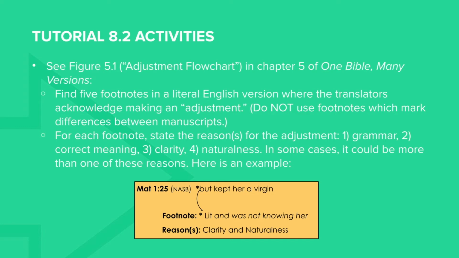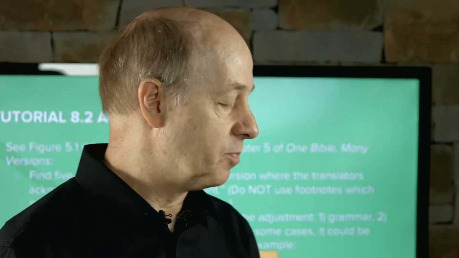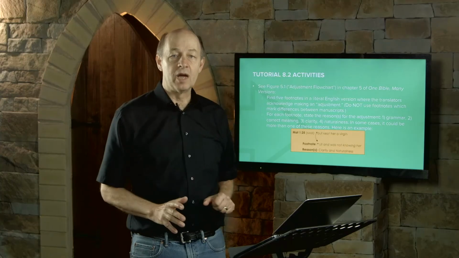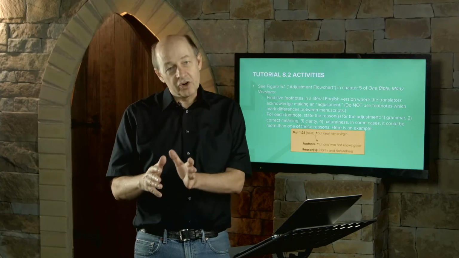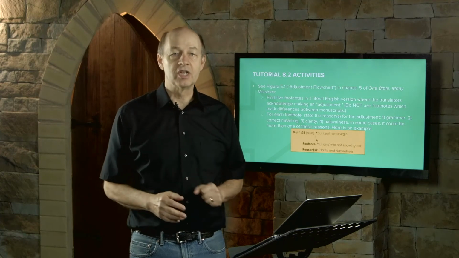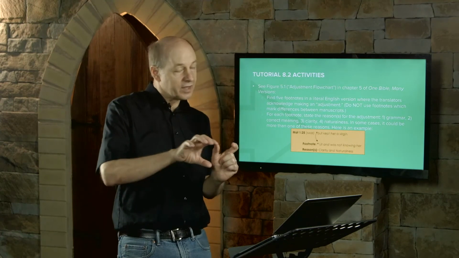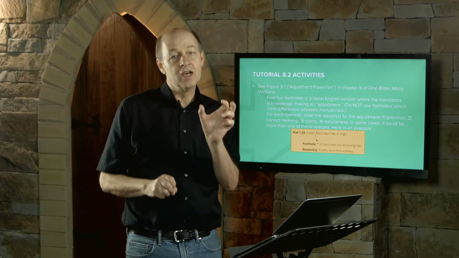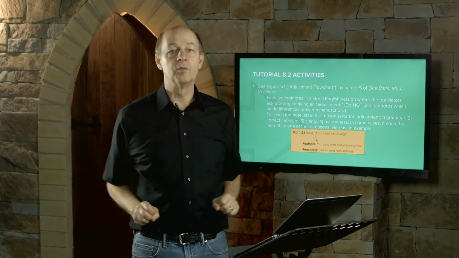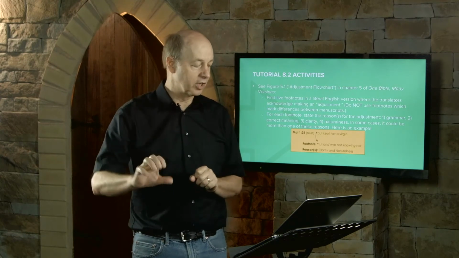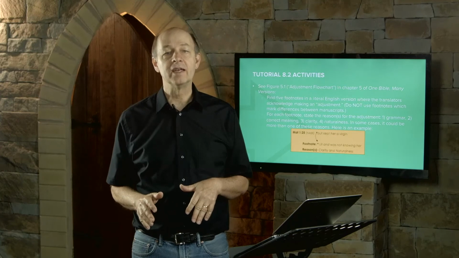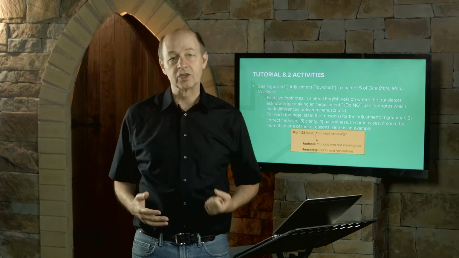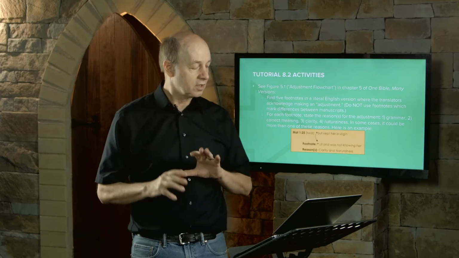I'm talking about footnotes where perhaps the translators are acknowledging that they could have translated more literally. For example, in the NASB, the New American Standard Bible, if they are acknowledging that there is a more literal rendering that they chose not to use, they'll write lit, and then they'll give that literal rendering. Or in some other versions, they might say Greek, and then give a more literal rendering, or Hebrew and give a more literal rendering. So I want you to find some examples, 5 examples actually, where the translators